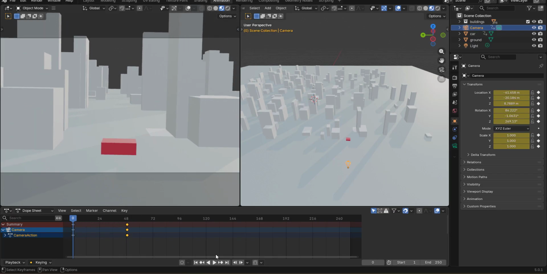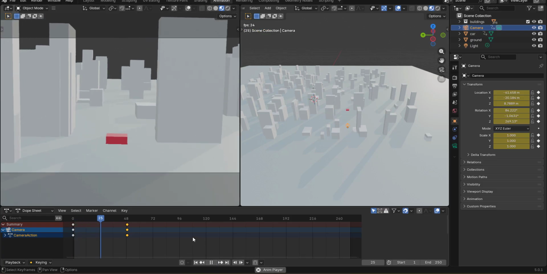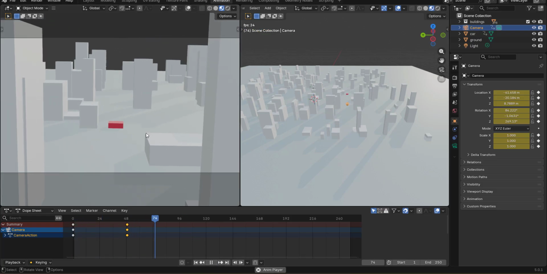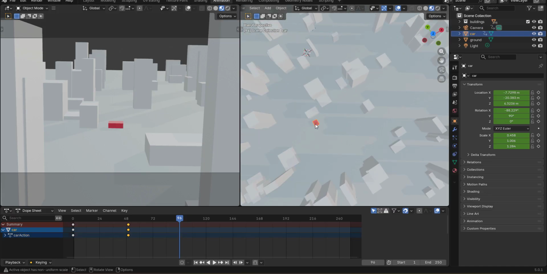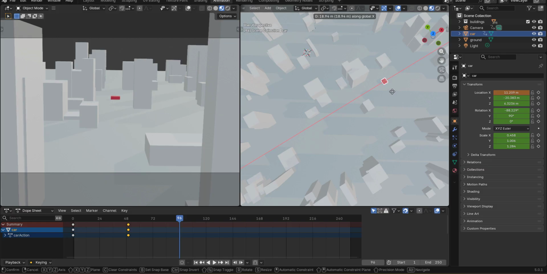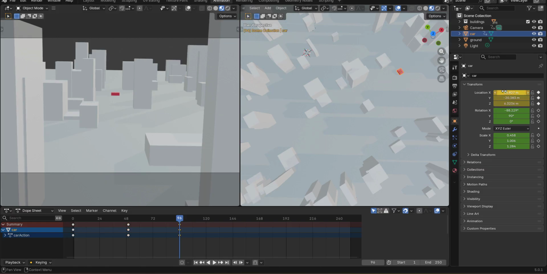And now if I play this, okay, we can see that the camera is following the car. And then basically it's just continue to repeat that process. So if I come out to say like 96, let me look at this, I'll grab it, and let's say I want to go up to this spot. Okay, I'd insert a new keyframe, move the camera,